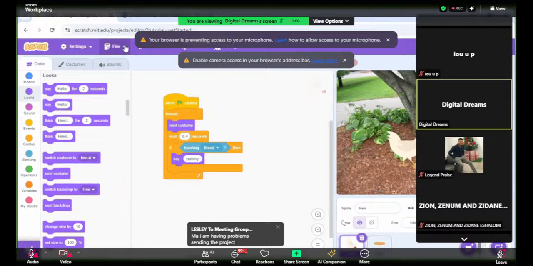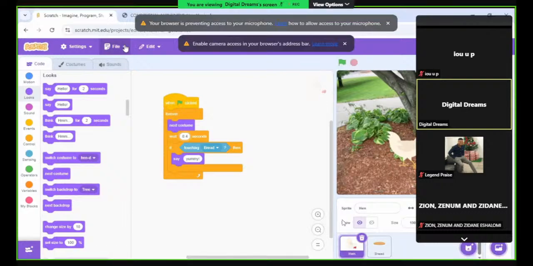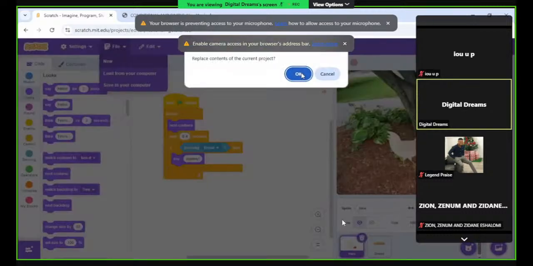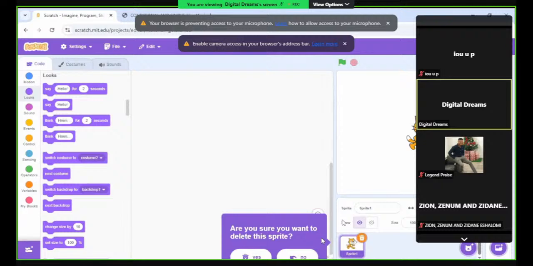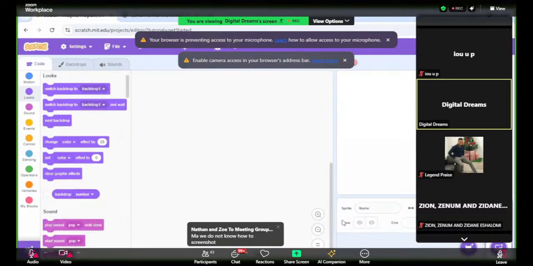All right, I'll go ahead and click on my file and I'll create a new project. I'll delete my cards because I don't need them for this project. Now everywhere is empty. I'll click on my sprite icon where my mouse is hovering. You click there,